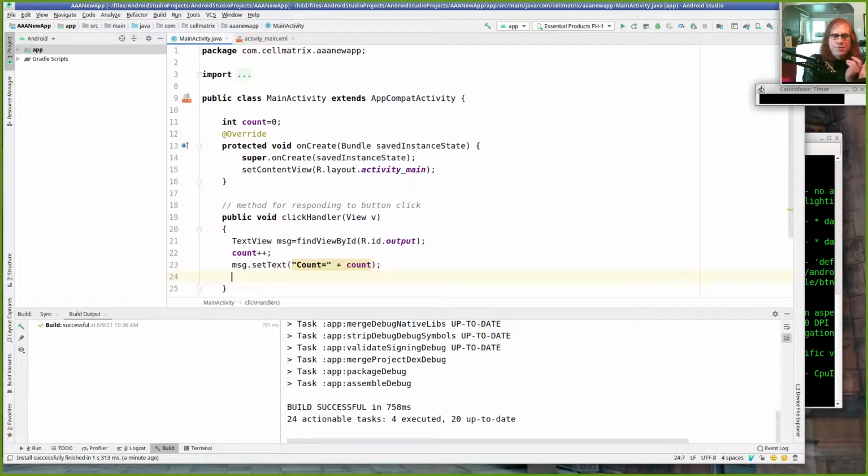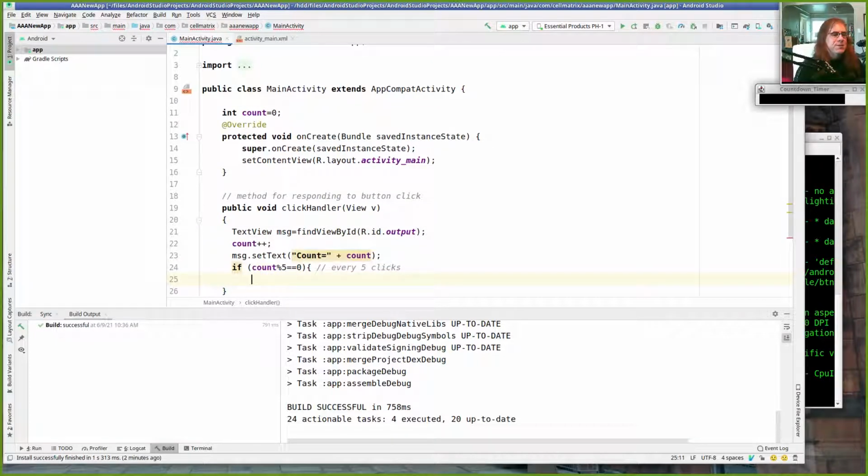We can make things pop up on our display, little information boxes, right? So let's do if every 5 clicks, let's go ahead and display a message. So the way we do pop-ups, I'm sorry, is called toast. So we can say toast dot make text,